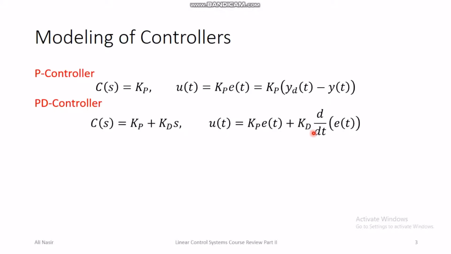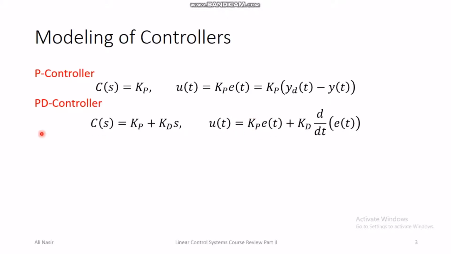This type of controller works in that way. So it could be misleading in some way that if one gain is acting on the error, the other gain is acting on the rate of change of error, then there is a huge input applied to the system. That is not the case. Actually, when this term is trying to reduce the error, the error is reducing, which means the rate of change of error is negative. So this term tries to keep the progress of the plant dynamics in check.